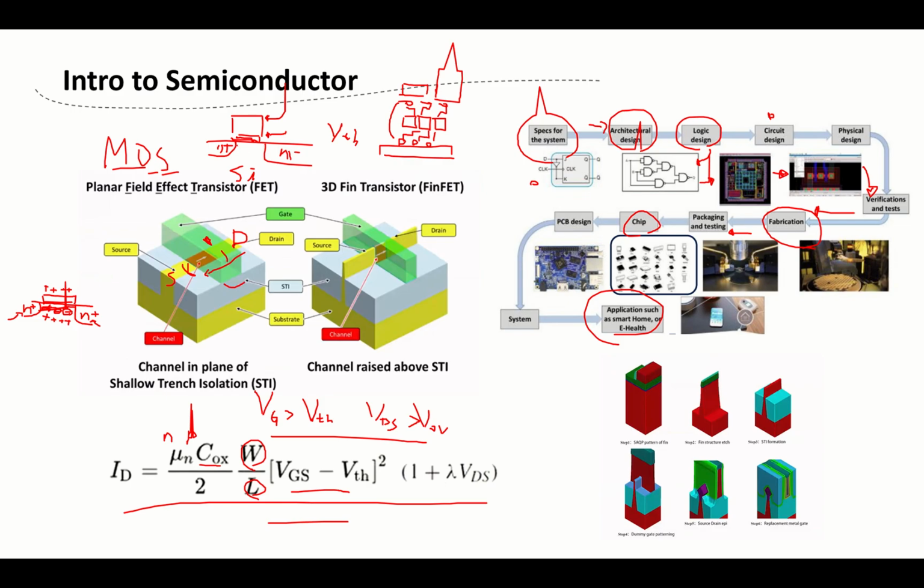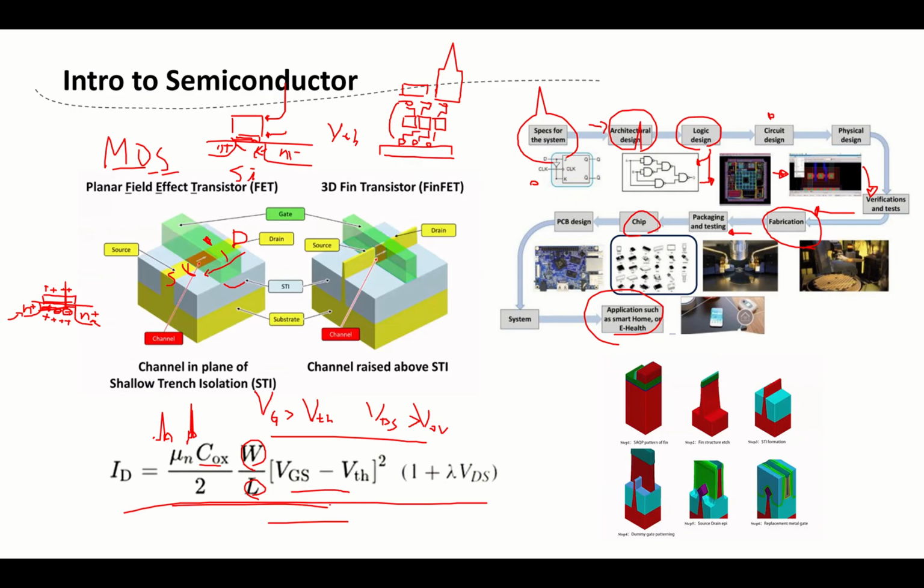So from here we can see we want to keep shrinking the length, so we can have higher current. Higher current means the device will be moving faster. However, if we keep reducing the length over here, there's possibly a leakage and also power consumption. Then it's VGS minus VTH squared, and